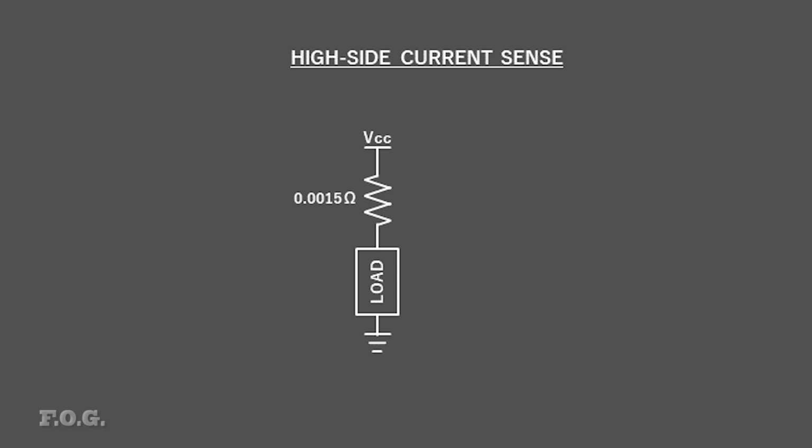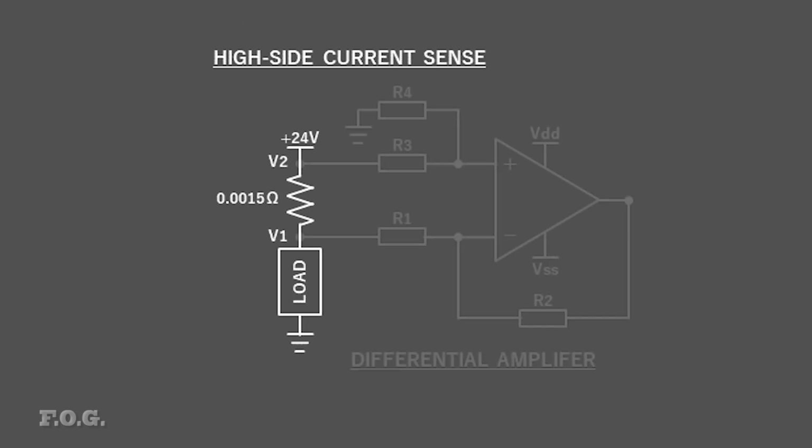And for this part of the discussion, I will set the VCC as being 24 volts, but generally let's just assume that the voltage will shift around a little bit, just like a battery might. In a way, to get the current, the problem is basically as we discussed just before. We just need to get the voltage drop across the shunt, and then we can calculate the current. But unlike before, we can't simply measure that drop with relation to ground. Instead, we need to subtract the voltage at what I have shown here as point V1 from the voltage at what I've shown here as point V2, and then add some gain to this difference so that it matches with our ADC specification. And we can do that easy enough by using an op-amp configured as a differential amplifier,